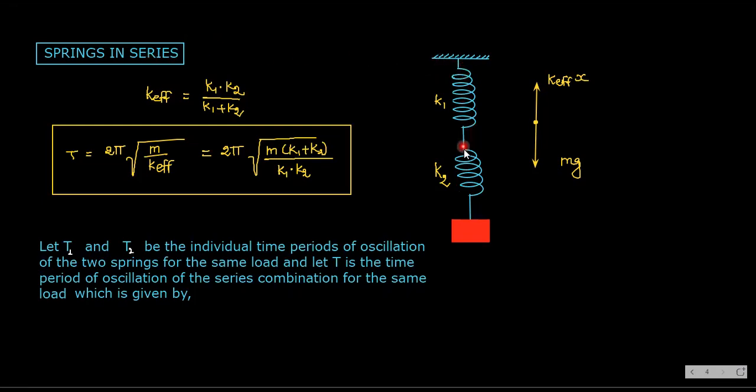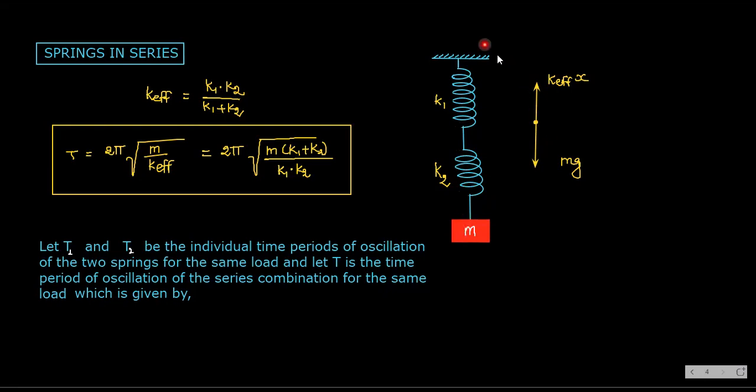So in this diagram, you can see here it is a load. This is spring 1 whose spring constant is K1. Another spring whose spring constant is K2. And this red one is mass which we have attached by connecting these two springs in a series combination. Understood? So how many springs I have taken? 2 springs. And load is connected here.